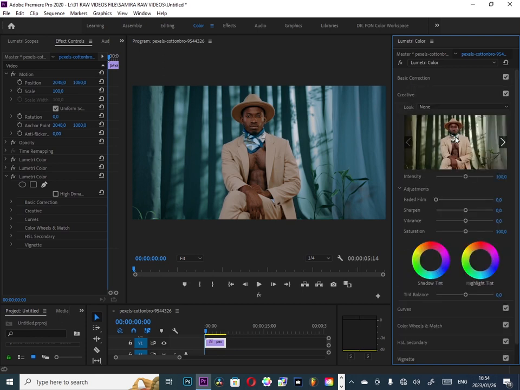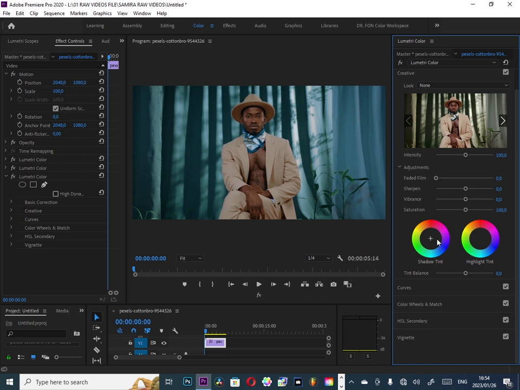So go to our creative tab, go to the highlight, add some blue, and to the shadow maybe take some yellow inside for better separation. Yellow towards the yellow and red, like that. And now you can tint balance and see where we get it right. So I think